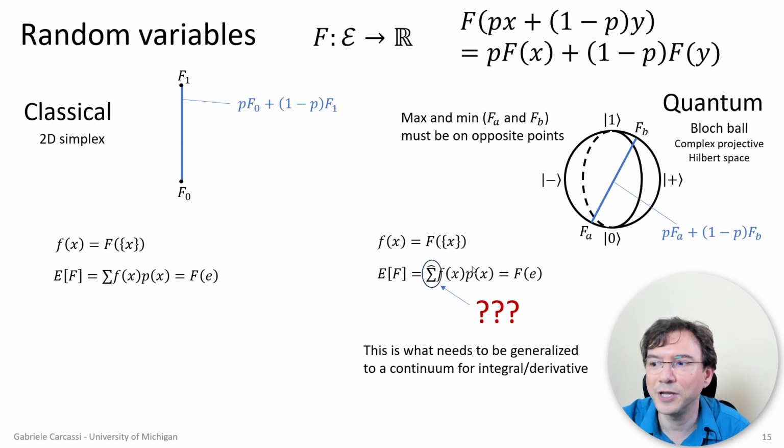And so you do get the same thing that you have in quantum mechanics, but really what we like to write is that this value of the variable applied to the ensemble is an expectation, and it's some kind of sum or integral of the probability that we have defined before on each point with the function that is defined at each point, right? So we would like to be able to express this in the same way. Of course, this is not going to be a sum anymore. It's not going to be an integral anymore. We have to find what it is, and the hope